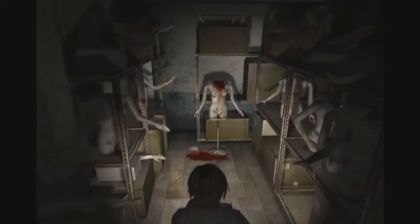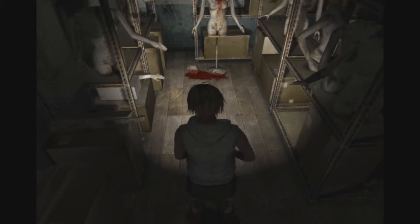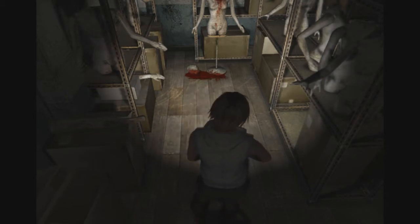Whew. And also funny to note, the screams that you hear there: there are two screams that are randomly chosen. One of them is Heather's scream, which we got, the scream when she falls into a hole. There's also one that can play, which is just a generic female scream, like a stock sound effect. And something that's really interesting is that in the HD collection, they couldn't get all the...